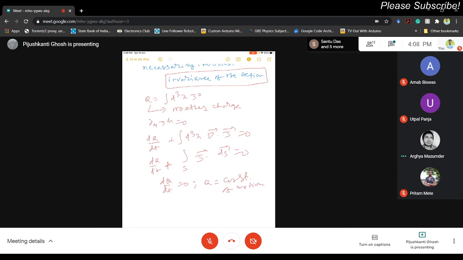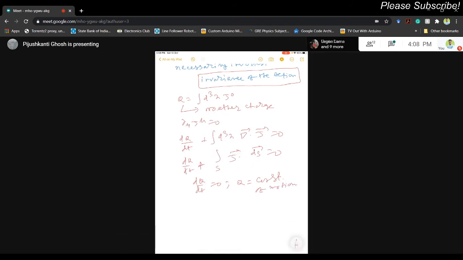Which j are you talking about? The divergence of j that you have written, the spatial component. Look at the notation: whenever there is a vector sign on top, it means only the spatial component. I have already made the notation clear. That means divergence j, this is a 3-dimensional, 3 spatial dimensional j. It has 3 components, j1, j2, j3, and divergence is also taken in the Cartesian coordinate, the standard definition of the del operator.